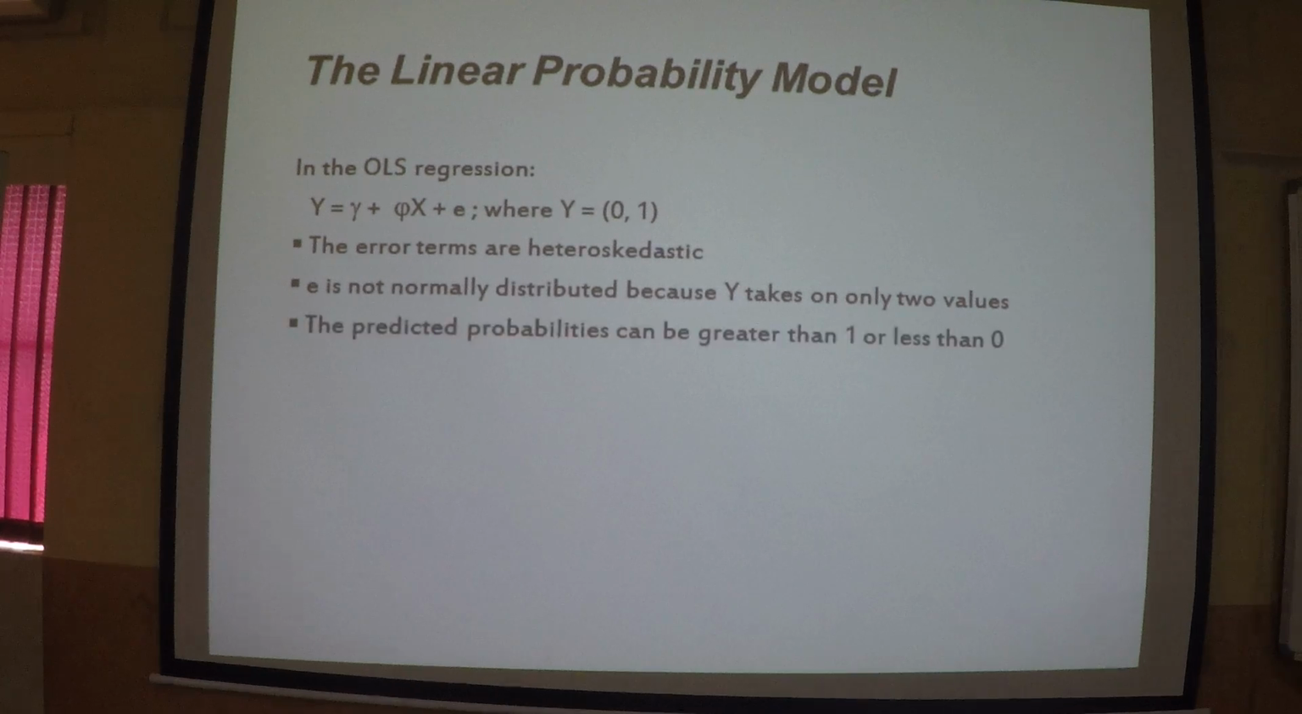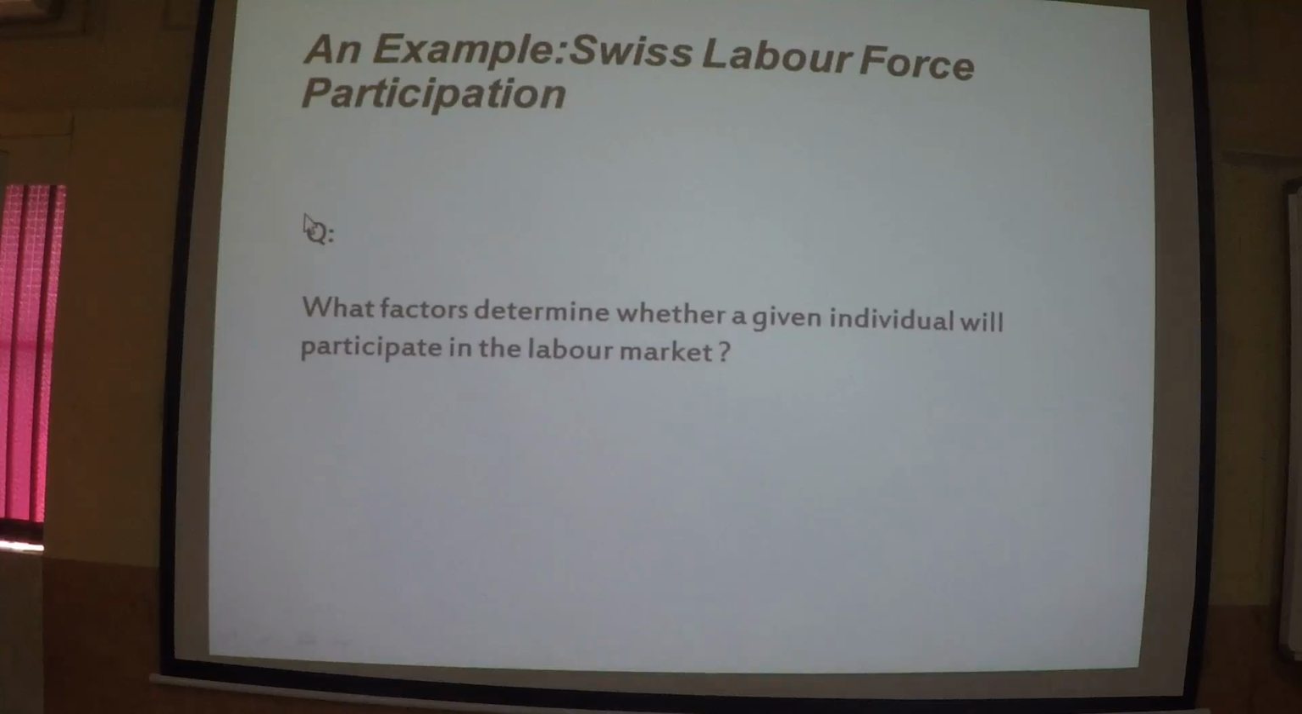The more important problem, the most serious problem with this model is that the predicted probabilities can be greater than 1 or less than 0. Right? If the model is probability y is equal to 1, then gamma plus phi x, if gamma is positive, phi is positive, a large value of x will mean a value of the y variable which is greater than 1, which is not possible for a probability. Right? So what we need to do therefore is,